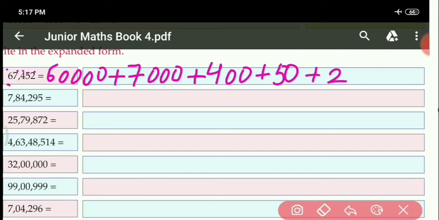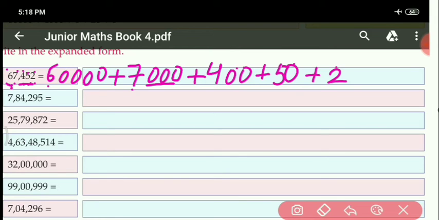Otherwise we can do it like this also. 6 is given, write simply 6 here, and after 6, 4 digits are left, count here 1 2 3 4, so write 40 here. Then after 7, 3 digits are left, so write 30. Then after 5... after 2, 2 digits are left, so write 20. Then after 5, 1 digit is left, so write 10. Then the last is 2, and no digit is left after it, so write 2 only. Okay, you can do it like this also.